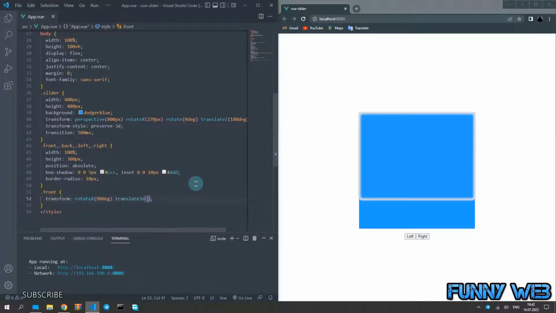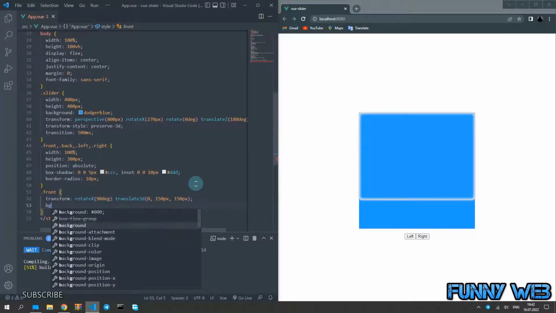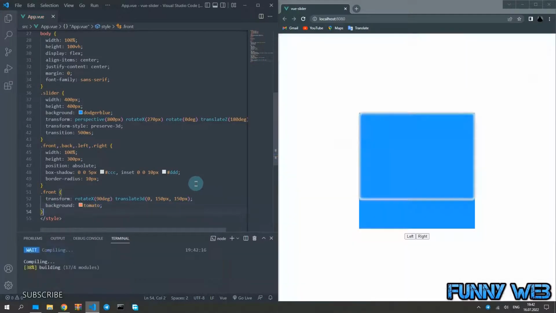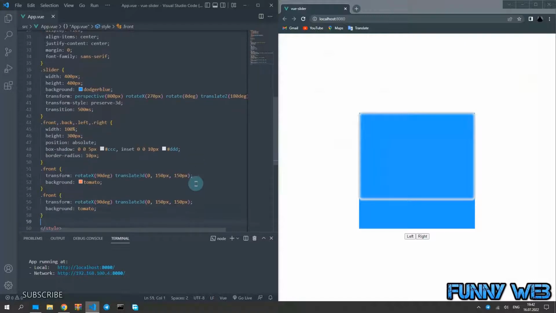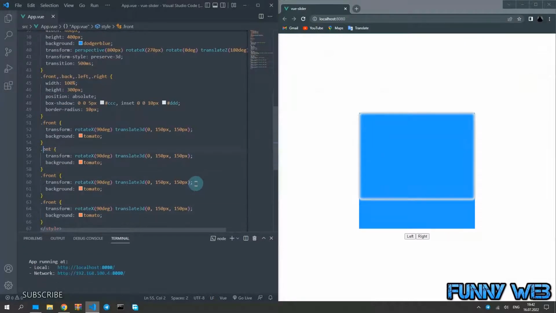0, 150 pixels, 150 pixels, background, for example, tomato; The rest of the elements also: .back, transform: rotate X 90 degrees, translate3d 0, 150 pixels, minus 250 pixels; Background will be yellow green,